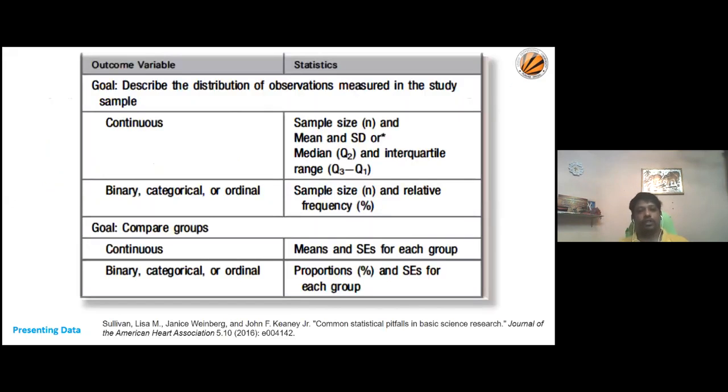Okay, in a nutshell, for the first goal, this table provides what kind of descriptive statistics we should use. For example, the first one describes the distribution of observations measured in the study sample, the baseline data, like for the continuous variable,